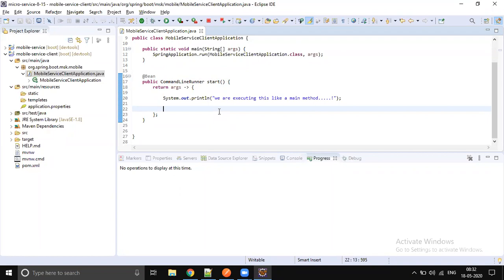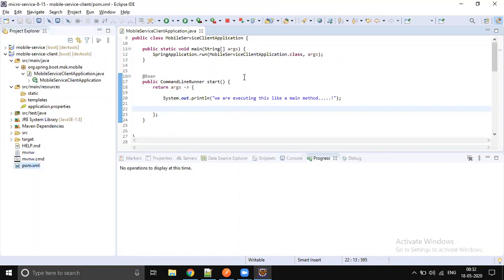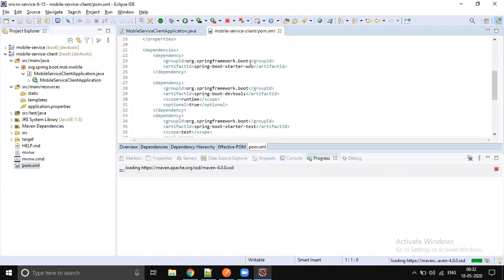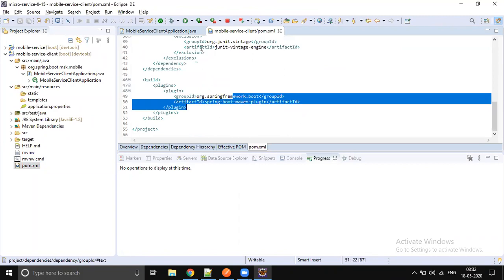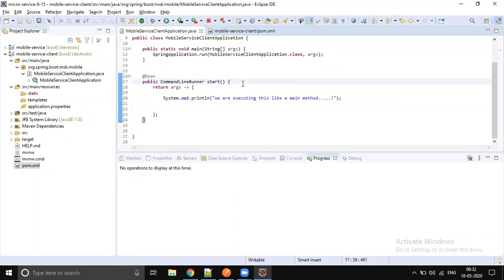Okay, Anshu is saying we will get an output saying this. What do you guys say? This is like a certification level question. You know, in certification they will ask this, right? They will show this snippet. Okay, what is going to happen? So I will open the pom.xml file. So we added dev tools, web, and some starter test. It's fine. Maven plugin, and finally we wrote a simple main method and start.